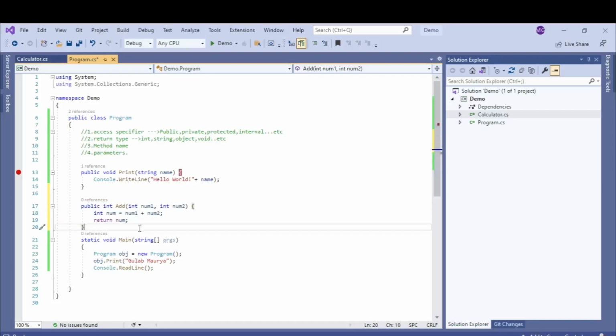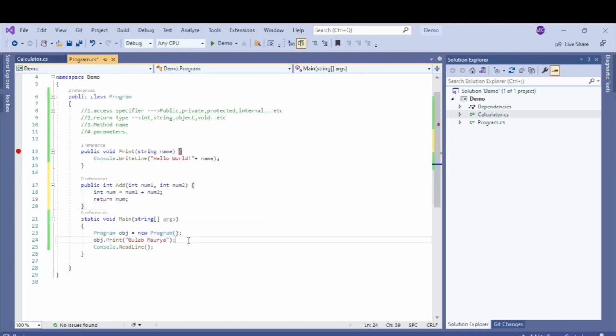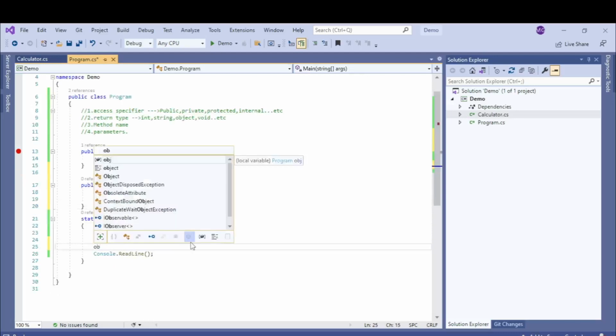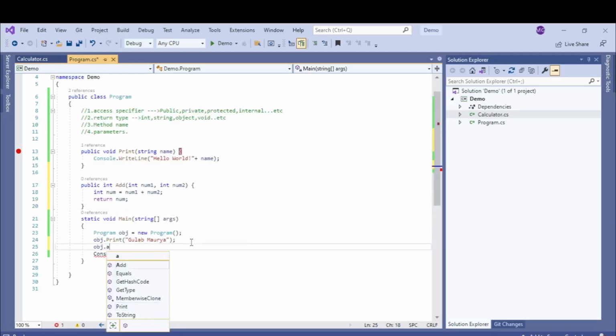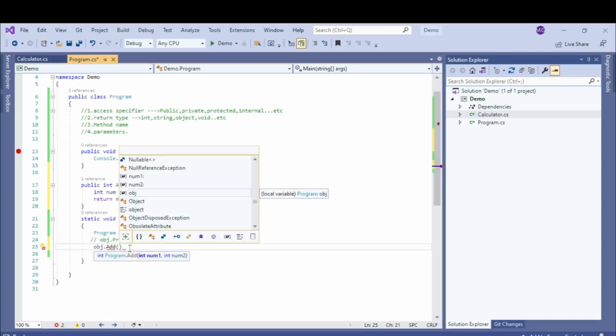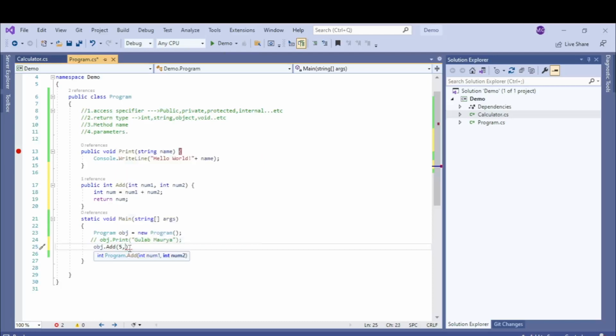Next, we need to call this method, like obj.Add. For now I'm commenting out this Print, and in obj.Add we need to pass the data. Suppose I am just passing 5, comma, 10, which means num1 will get 5 and num2 will get 10. This is decided by the order.